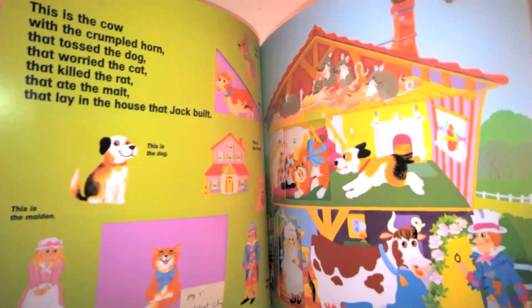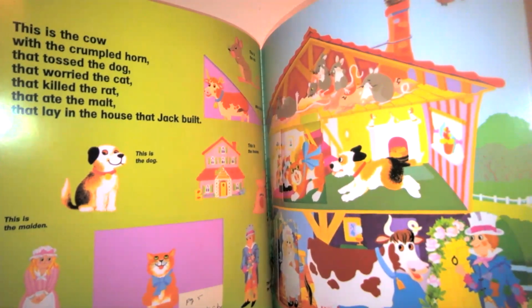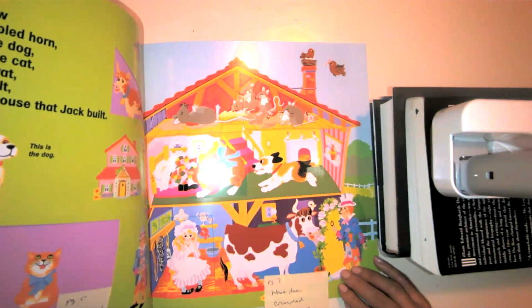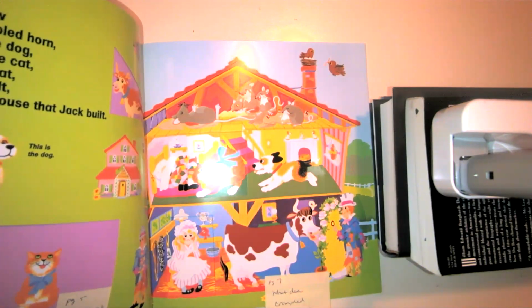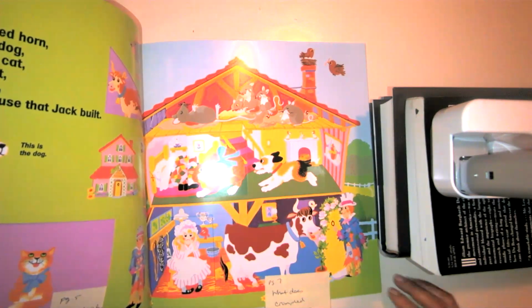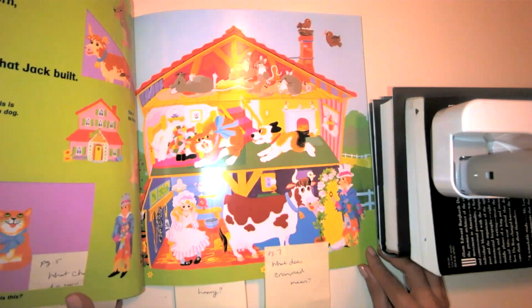And now I noticed there's a funny word in our story. The word is crumpled. What do you think the word crumpled means? And I'm seeing some clues about who I think could be next in the